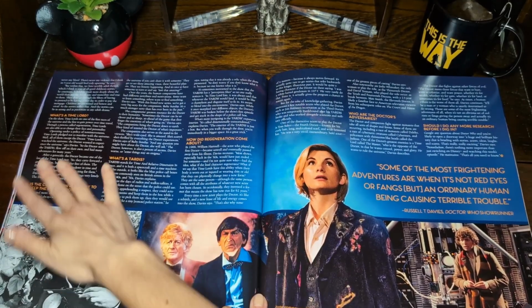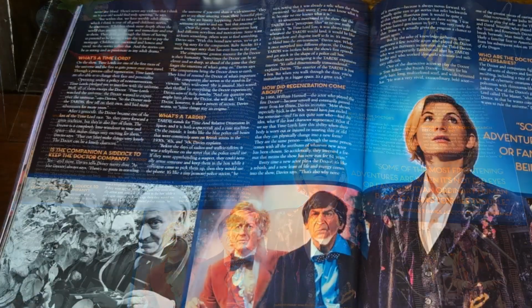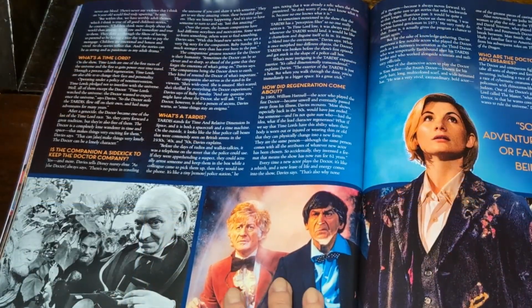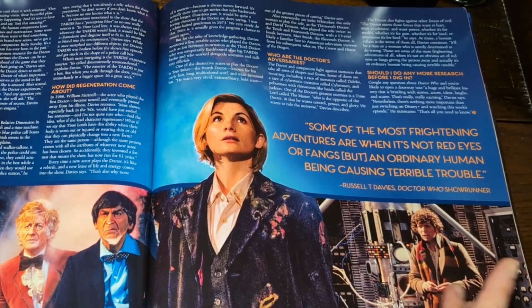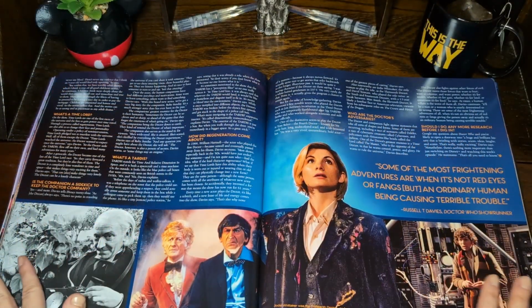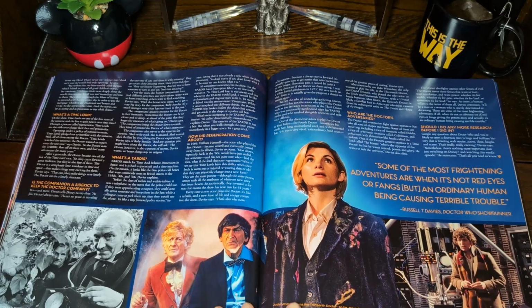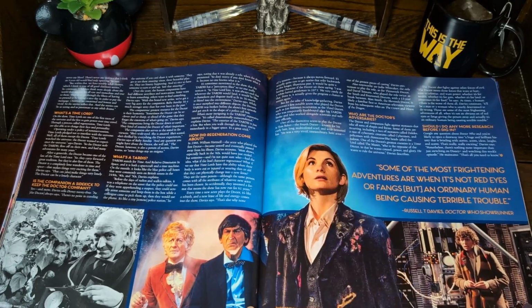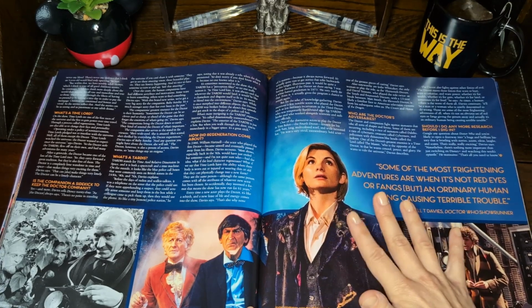Especially because there's all this. Quite a long article, but look at all the other seasons and casts throughout the years. This has been a very long running show with quite a history. It's really incredible. And of course, who could forget Jodie Whittaker, she was the 13th Doctor and the only woman